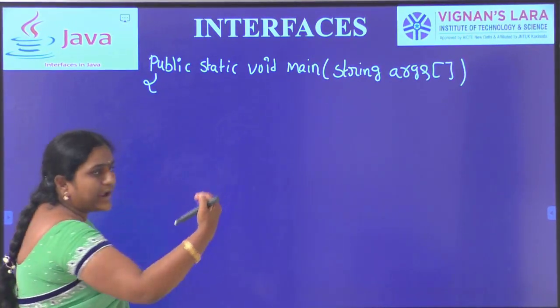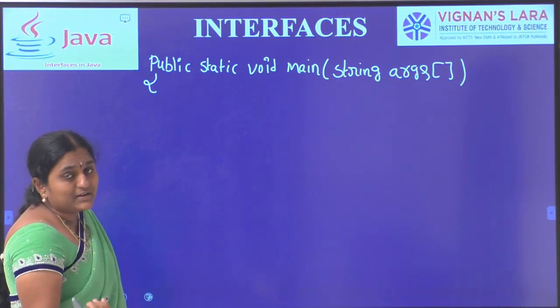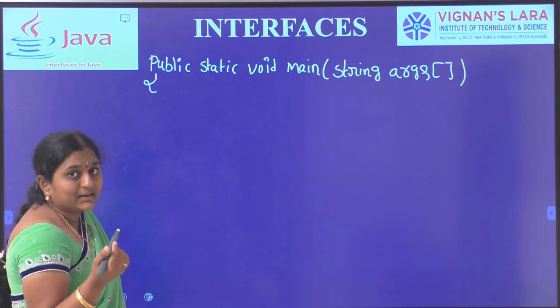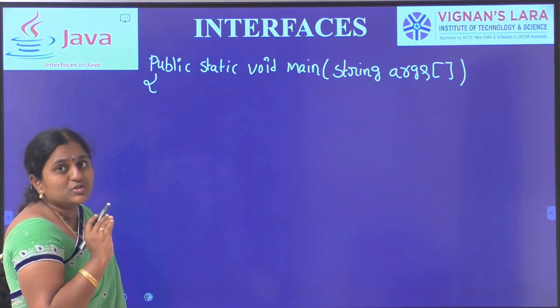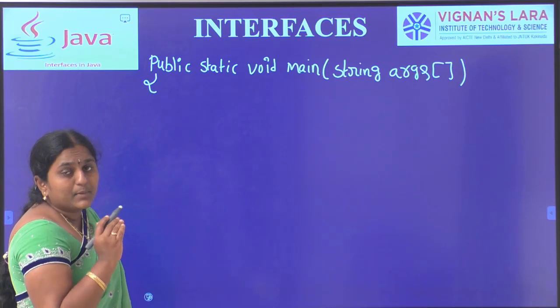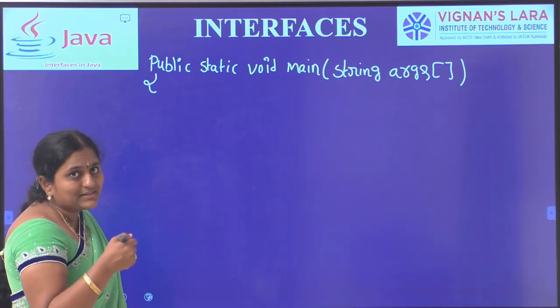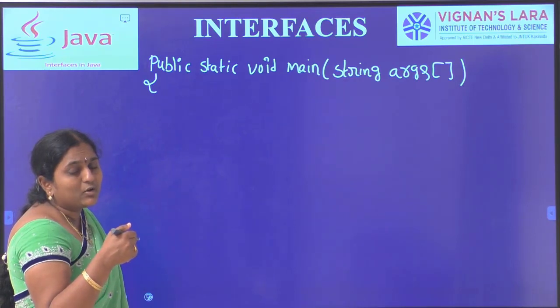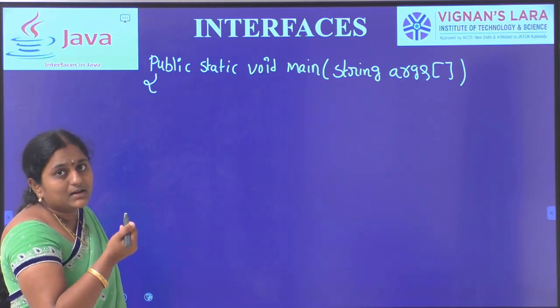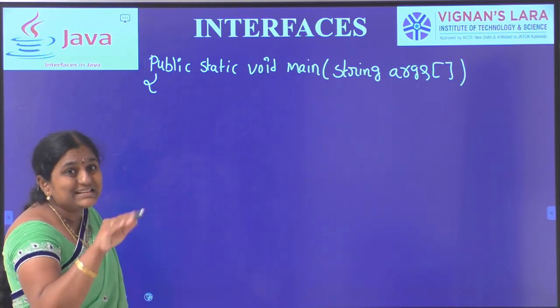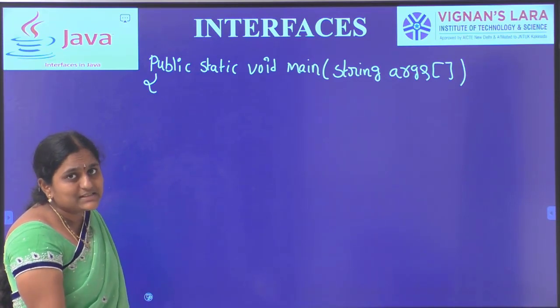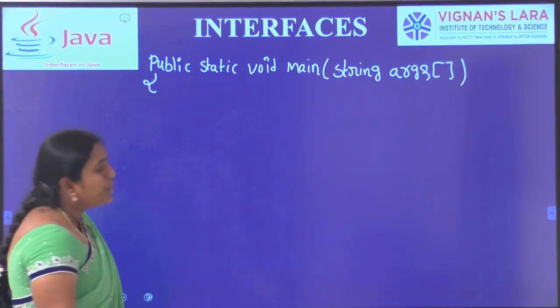Next one, we have to create an object of the subclass. What is our subclass? NormalCalculator, because we can't create objects of interfaces. We should create a subclass, provide all the methods of the corresponding interfaces here, and create an object of this class.